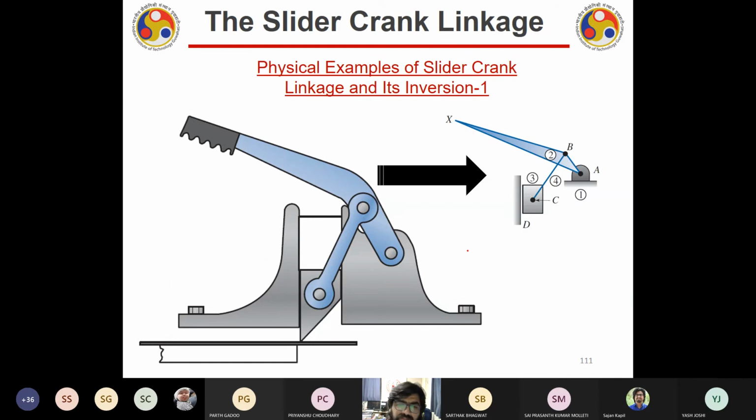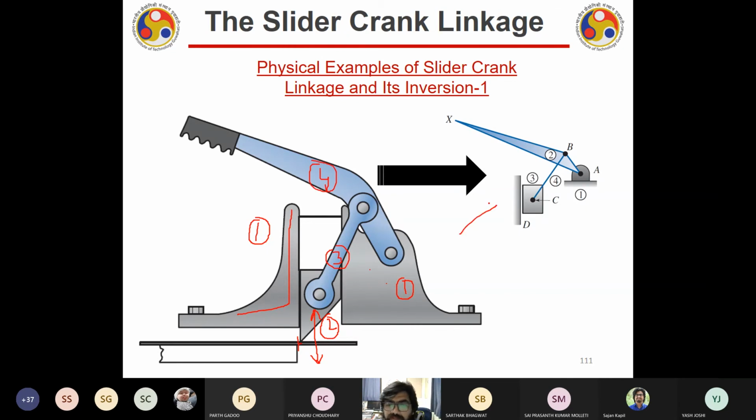So here you can see in this particular diagram how many links are there. This is the frame. Let me write it as frame, link 1. This is frame, correct? This particular thing moves up and down, and when it moves up and down, it cuts the sheet by applying the shear force over here, correct? So this is our link number 2. Now this is again nothing but the ground, so let me call it 1 again, because this one and this one, they both are ground only. Then this is link number 3, and this is link number 4.